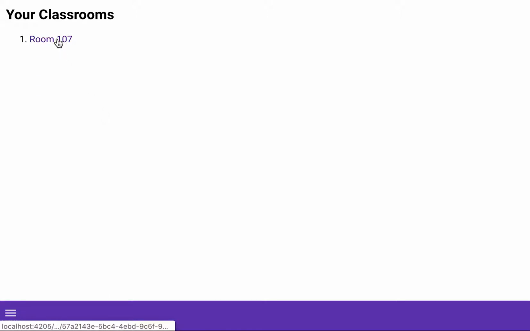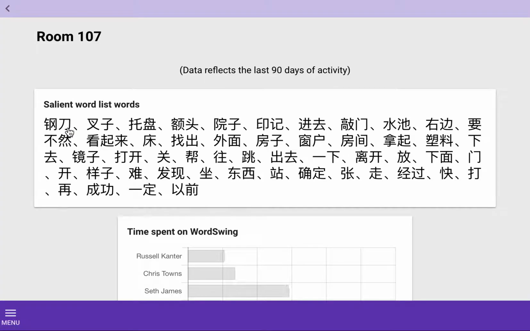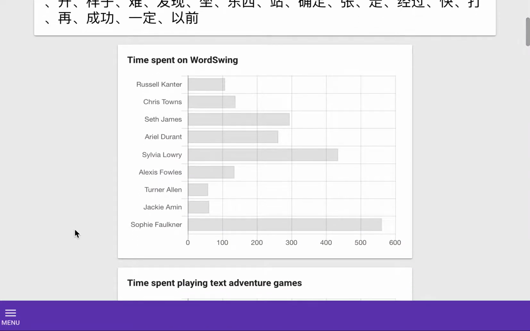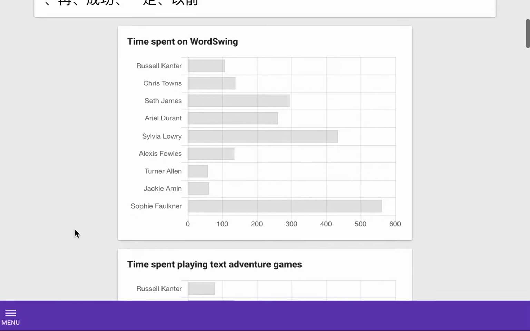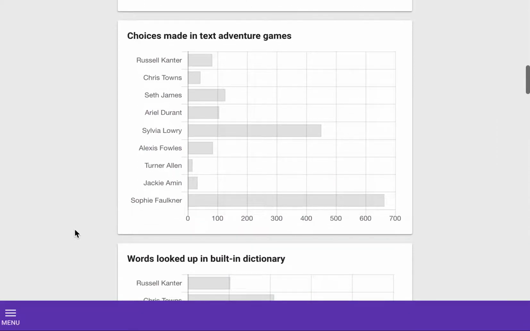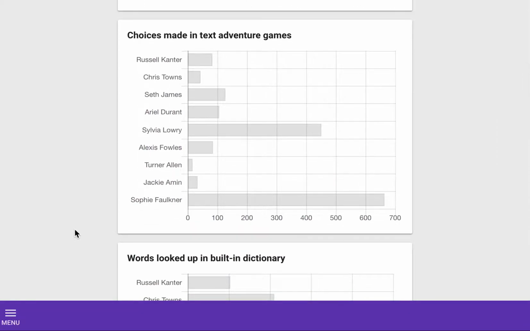So you can organize your students into classrooms, and for each classroom you can see the most recent activity of the students. And for example, here it's showing you what words are the most salient words they're looking up in the dictionary, how much time they've spent on WordSwing studying, or how much time they've spent playing the text adventure games, how many choices they've made in the games,